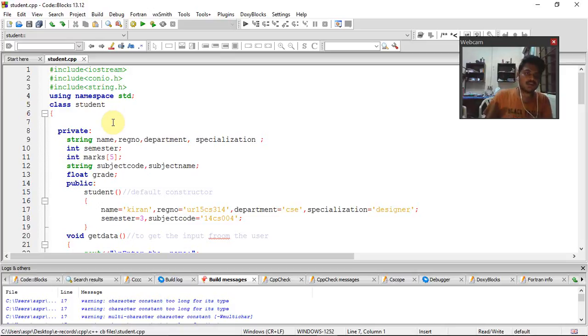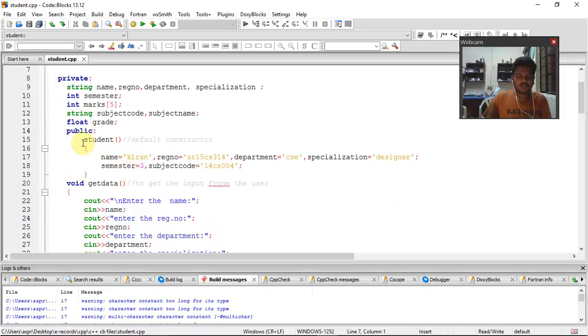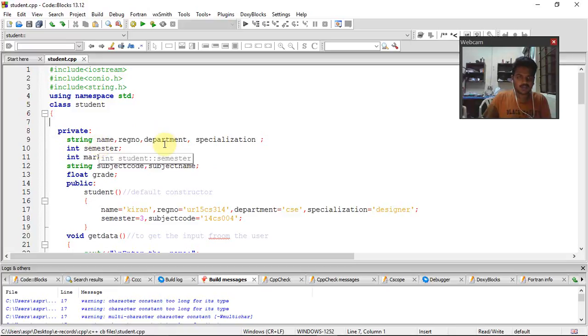The specialty of private is that any variables declared in the private section are limited to a single class function. It means that these variables are used in a single function and cannot be used in any other functions, while the variables declared in the public section can be used in any other functions. Here the required fields such as name, register number, department, specialization are declared using string, and the semester and marks are declared using data type int, and the subject code and subject name using string, and grade using float